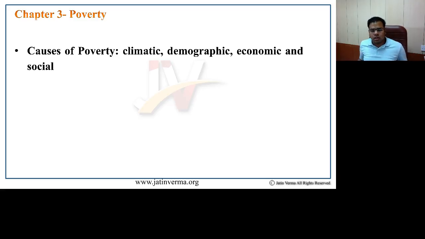When it comes to demography, not only population, the rapid growth of population is also one of the important reasons which led to poverty. Here I would like to refer to the last lecture on population, in which I talked about the demographic transition model. If you remember, we had this kind of curve, which had a growth phase and then a slow phase of birth rate.